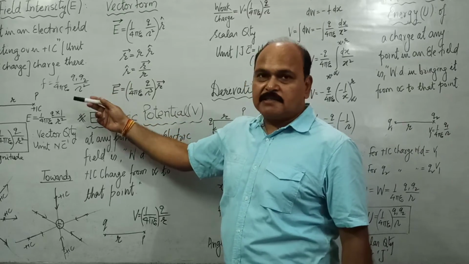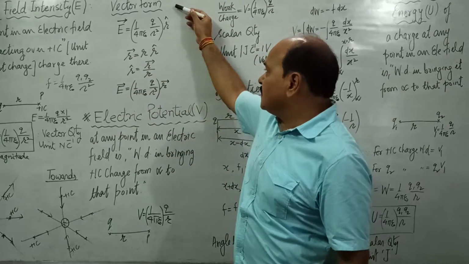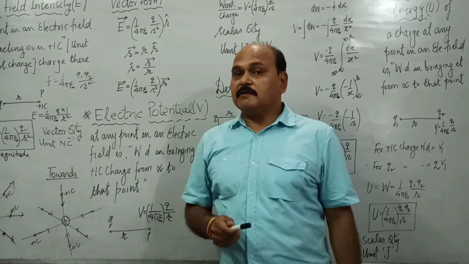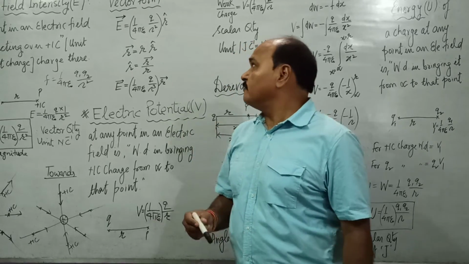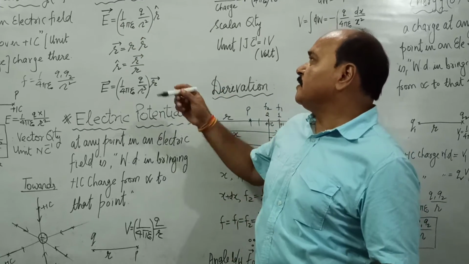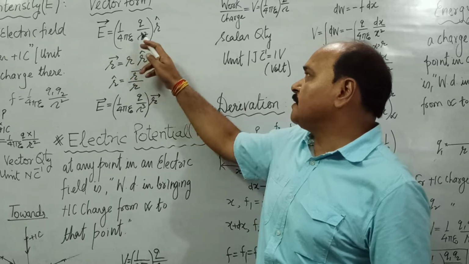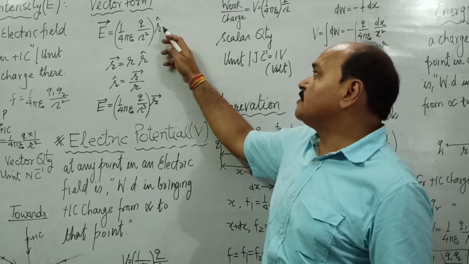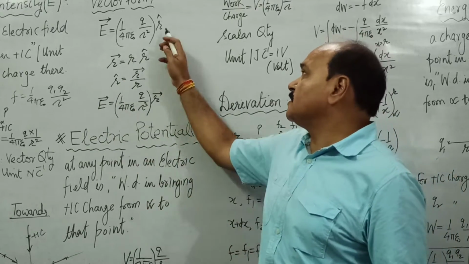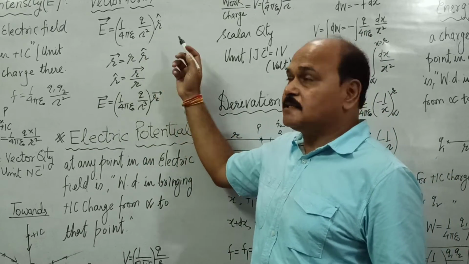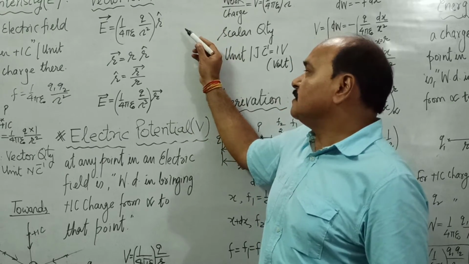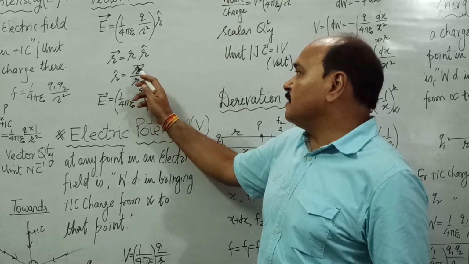Since electric field intensity is a vector quantity, it can be written in vector form exactly in the same way as we have already written the vector form of Coulomb's law. Well, the electric field vector in terms of a unit vector can be written like this. E vector is equal to 1 upon 4 pi epsilon naught Q by r square. This is magnitude and this is direction. Direction is along the line joining the point and the charge. So this is the unit vector along the line joining the point and the charge. Well, if we replace this unit vector by the full-fledged r vector, the unit vector is going to be r vector upon r.